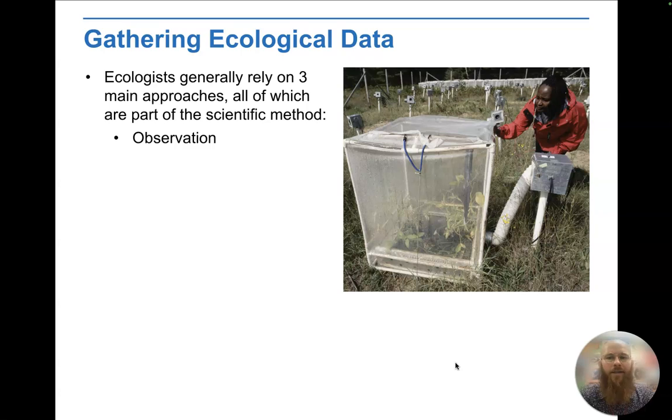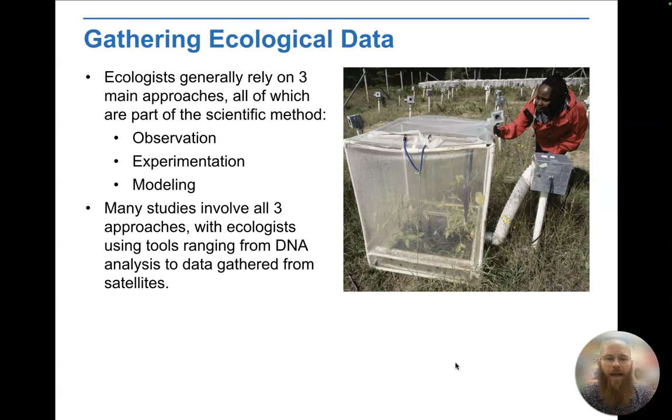And so in addition to ecology, we have ways in which we can study ecology. And so ecologists generally rely on three main approaches for conducting ecological work. And all of these would be part of the scientific method. We use observation, experimentation, and modeling, meaning that we're going to observe the world around us, we're going to ask questions, and we're